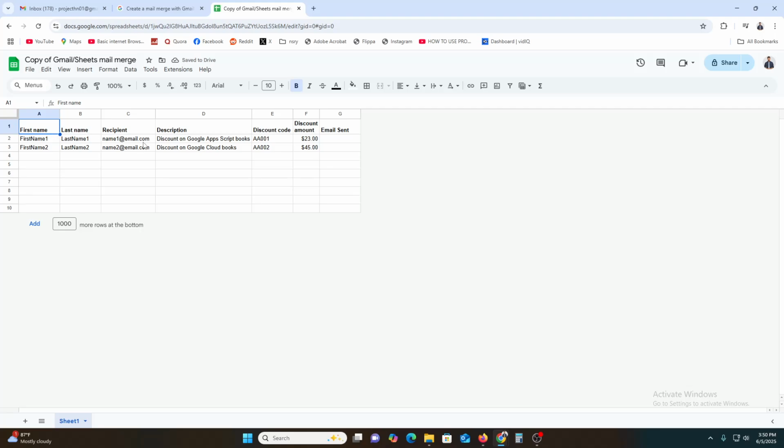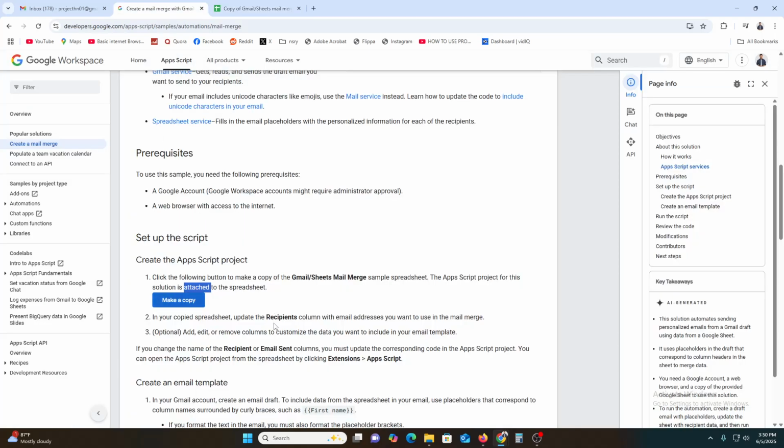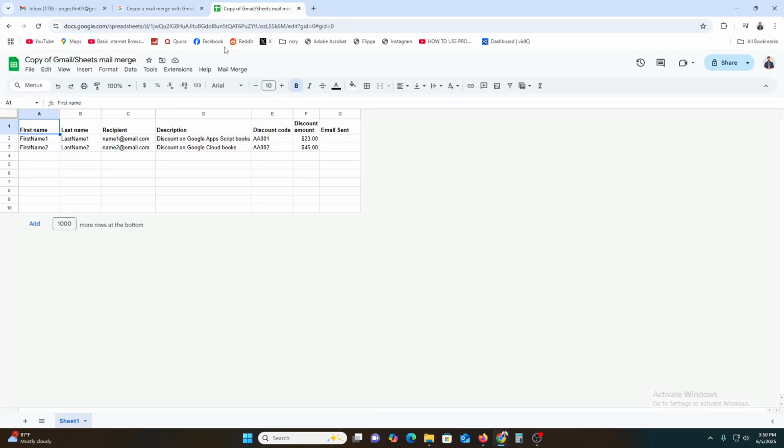As you can see, there are first name, last name, recipient, then description, discount code, and many more. So after this, what should we do? In your copied spreadsheet, update the recipient column with the email addresses you want to use in your mail merge. So I'm going to update this. I'm going to provide the name. Similarly, I'm going to copy everything the same, then change it to my own. Similarly, I'm going to change the mail. I'm going to provide my friend's mail,